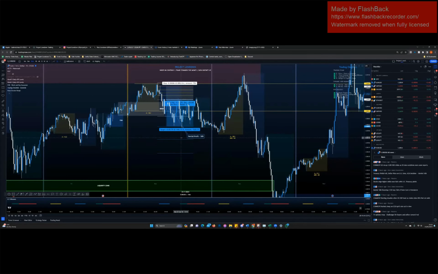No questions asked, at 2R, bank 50%. Now, why am I saying this? Because ultimately, if you bank 50% when you're at 2R, you've got a free trade. And then you've got enough of a runner left that, say this did go down to here, you're still taking 50% at 7R or something.